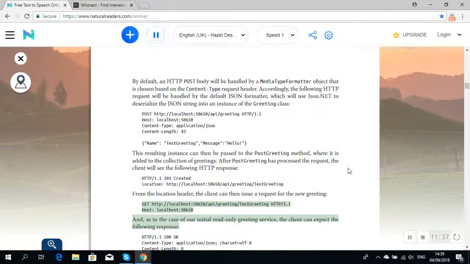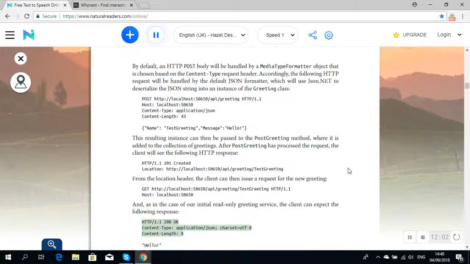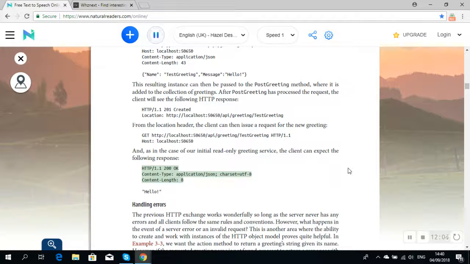GET http://localhost:50650/api/greeting/test greeting HTTP/1.1 Host: localhost:50650 And, as in the case of our initial read-only greeting service, the client can expect the following response. HTTP/1.1 200 OK Content-Type: application/json; charset=utf-8 Content-Length: 8 "Hello"